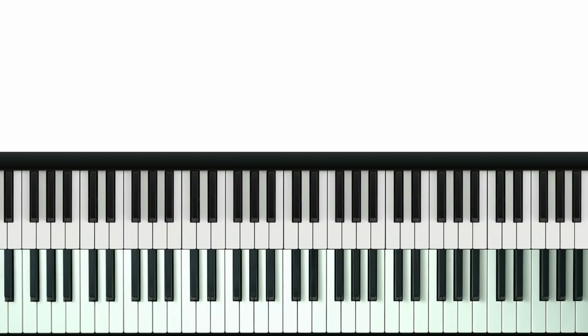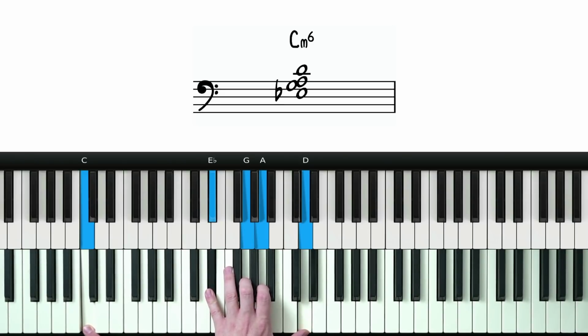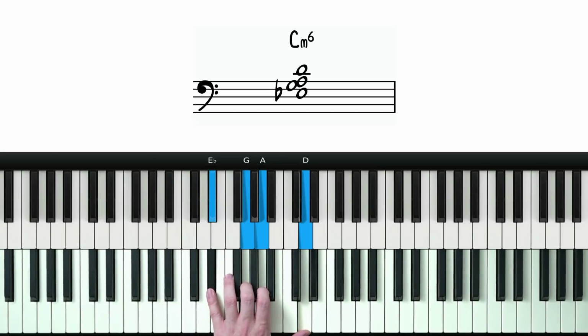And finally, we have a minor 6. For a C minor 6, we play this. Another one of my favourites. This gives us the flat 3, 5, 6, and 9. It's basically just the same as the voicing we used for our minor 7, except that we flatten the 7 to give us the 6 instead. And for our type B,